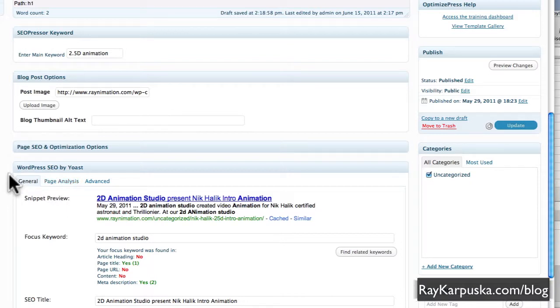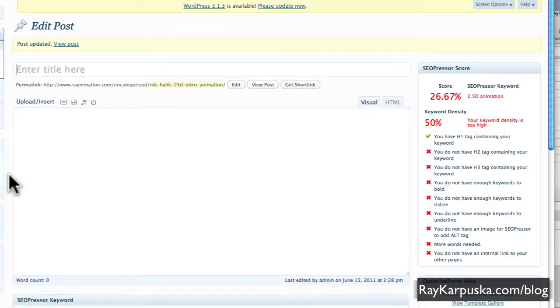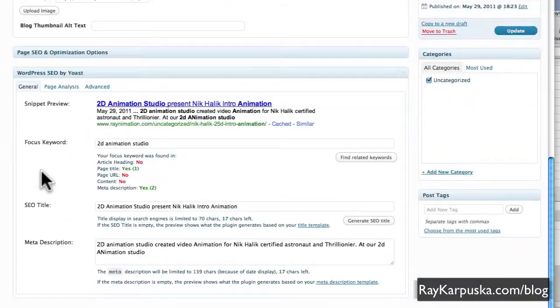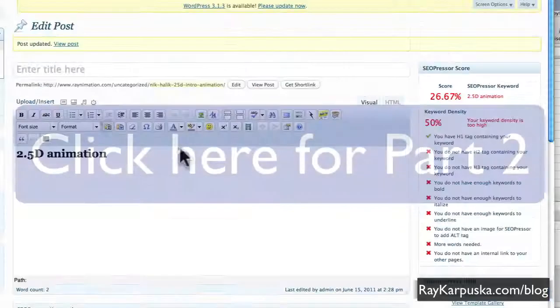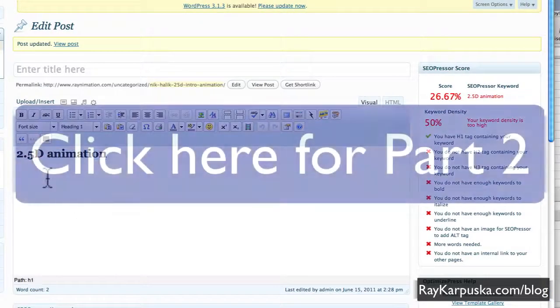It analyzes the keywords, and the way we put together the description and titles, and it will give us an idea of what is actually missing. So if I take page analysis, of course it will also be in the body. So here, as you can see, 2D animation studio,